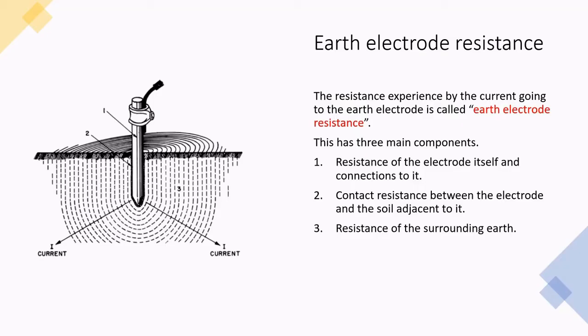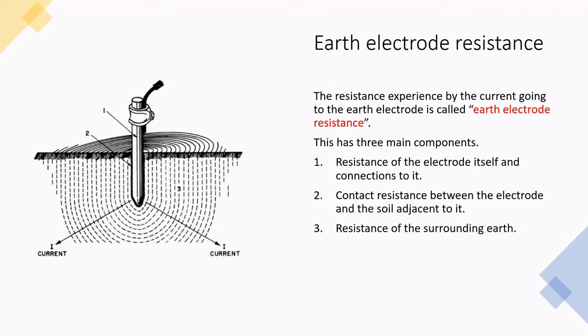In here we are going to talk about earth electrode resistance. Earlier we talked about earth resistivity. Don't get confused with these terms, because earth electrode resistance is a different thing from earth resistivity. So in here, this earth electrode resistance is defined as the resistance experienced by the current going towards the earth